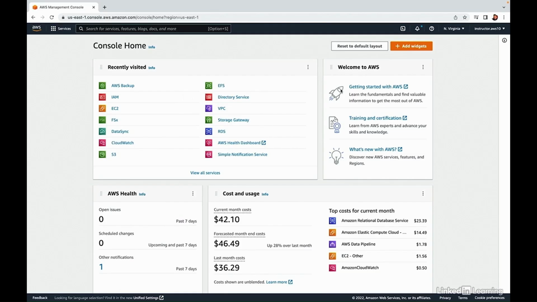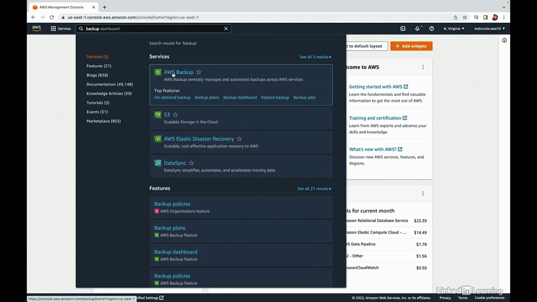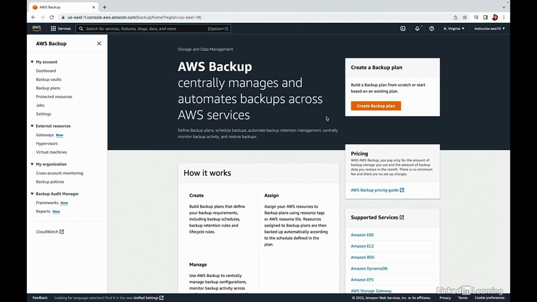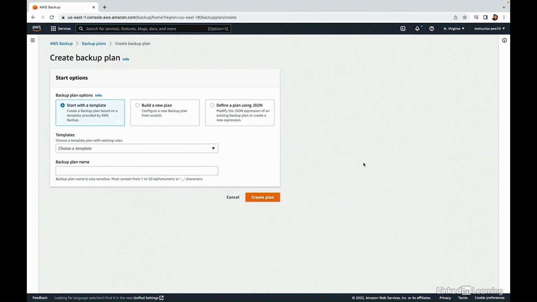plan. Back here to the AWS console, and we're going to type backup into the search bar here, and click the first result, AWS Backup. Now we'll click Create Backup Plan. What we'll do now is define our plan in two steps. The first step is to set up a plan that defines the timing, frequency, and retention for the backups that we're going to create. Then we'll take that plan and assign to it resources like the EFS file system that